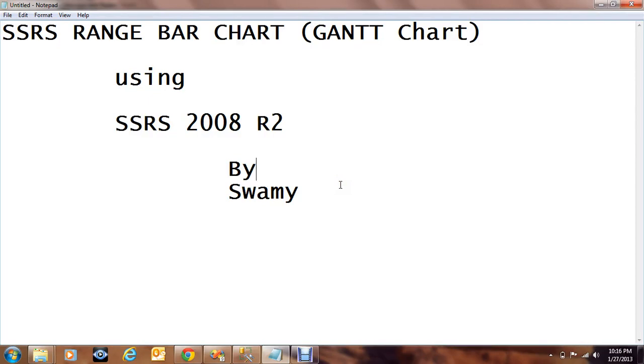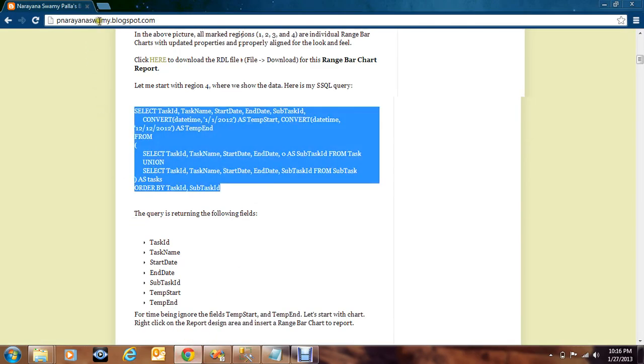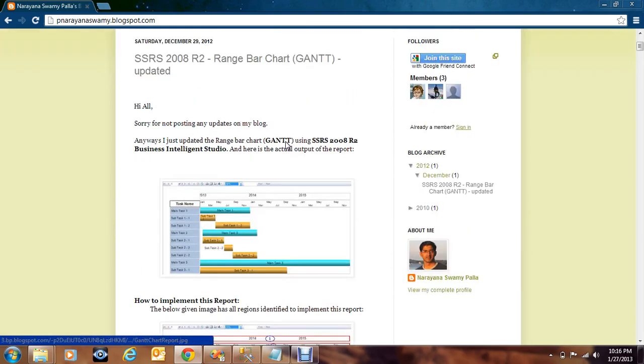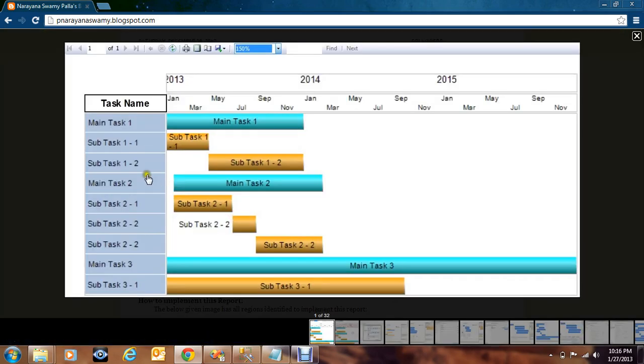Today I'll be discussing developing a Gantt chart, which we generally call a range bar chart. If you go to my blog, pnarayanaswamy.blogspot.com, I recently posted an article about a range bar chart using SSRS 2008 R2. If you see the output of the final report, you can see